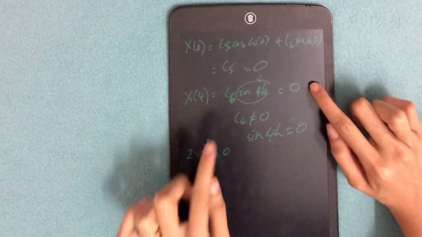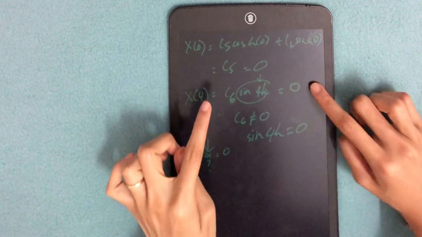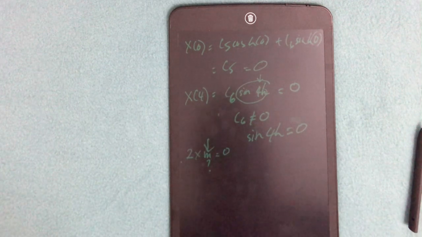Must be equal to 0. But C6 cannot be equal to 0. C6 cannot be equal to 0. So therefore, sin 4 lambda must be equal to 0. Okay, so now your